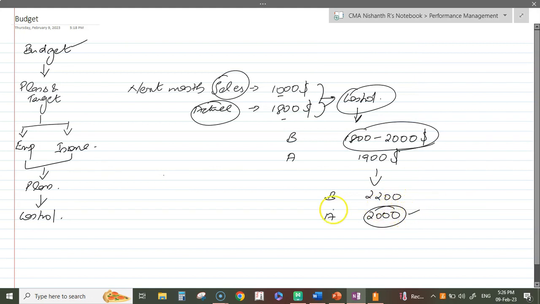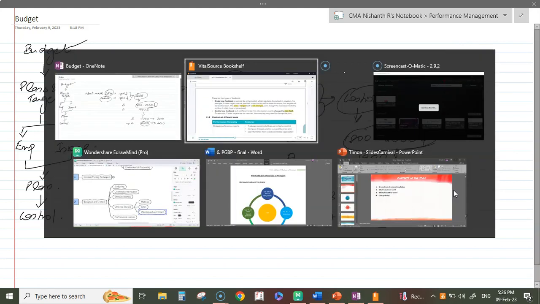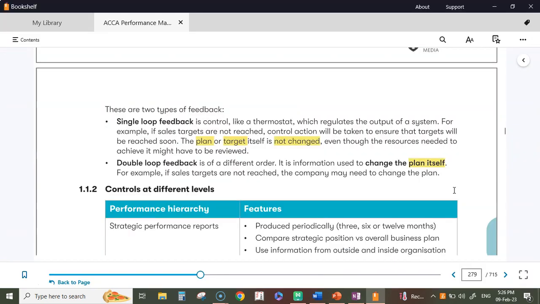In single loop, what I would do is change my inputs so that my 2000 gets increased to 2200. But in double loop, I change my budget, I reduce it to 2000 or something that is achievable. Alright, that's the difference between single loop and double loop. For example, if sales targets are not reached, the company may need to change the plan.